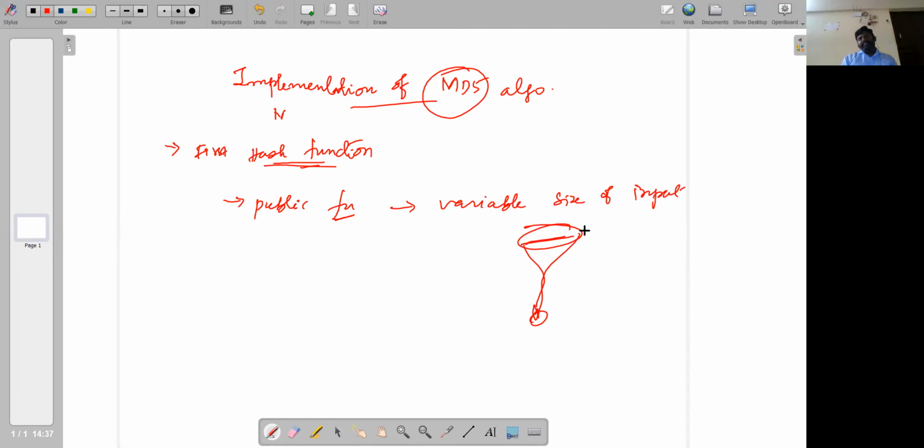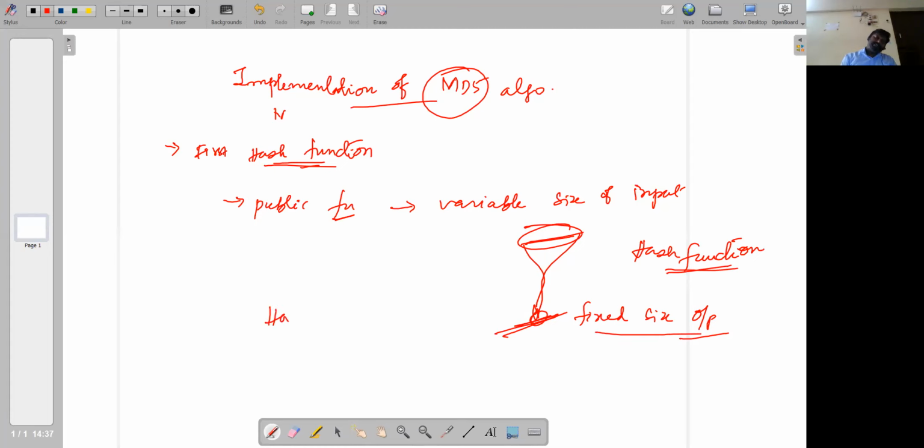So it can accept any size of input, and then it will produce a fixed size output. This is called a hash function. The output which a hash function produces, the fixed size output, can be called a hash code or message digest.